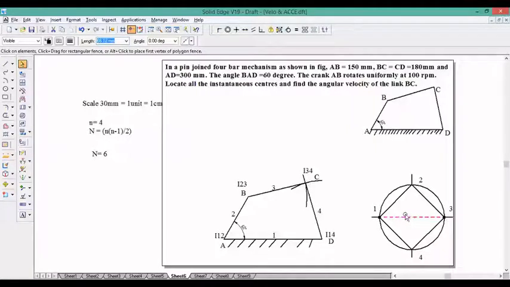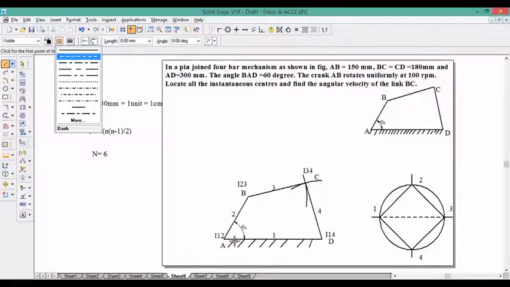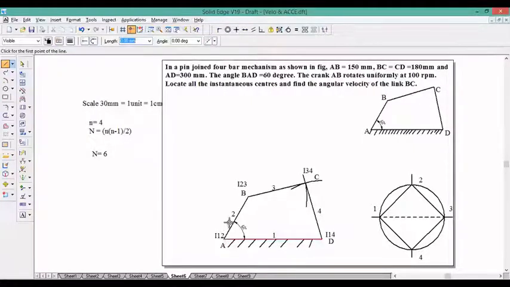So let us take 1, 3 as the 1, 2 and 2, 3. So that means we can assume if I take a line from instantaneous center 1, 2 and instantaneous center 2, 3. So we already have instantaneous center 1, 2 and 2, 3. That is 1, 2 is here, the fixed one, and 2, 3 is here. So just produce that line to a certain extent.